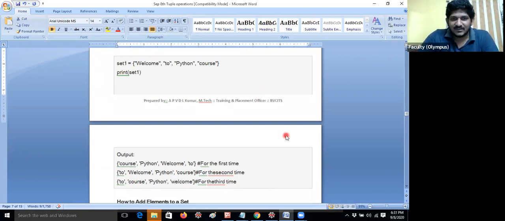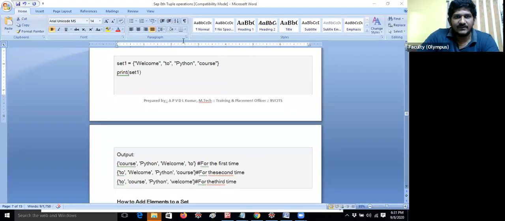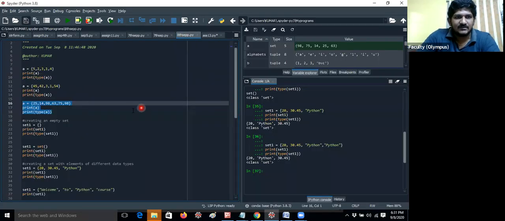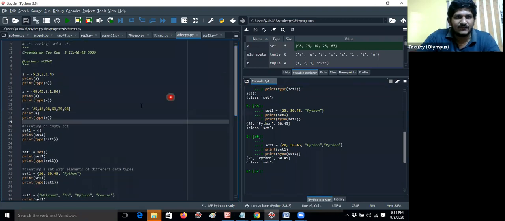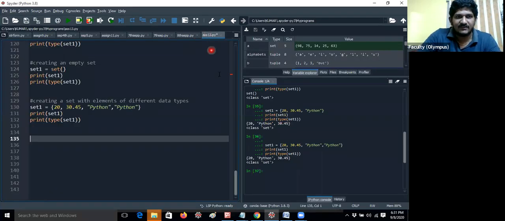Yes, you can convert it. Actually, in today's first class around 5:30 I explained that concept. I think you missed it. By using the tuple constructor you can convert the given list into a tuple. Today, the very first thing I started was that concept, so I think you missed it. Please, guys, all of you make sure you are there around 5:25, please, every day.